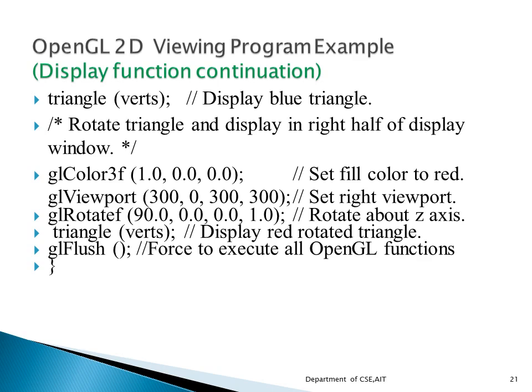So after giving this, when I give the GL rotate, we are having the rotation with respect to Z axis. So what is the angle? That is your first parameter, and then X, Y and Z is coming. Because the Z is equal to 1, which means that we have to rotate it by 90 degrees on Z axis. After this is done, then you will see that a red rotated triangle will be displayed because of the triangle function.